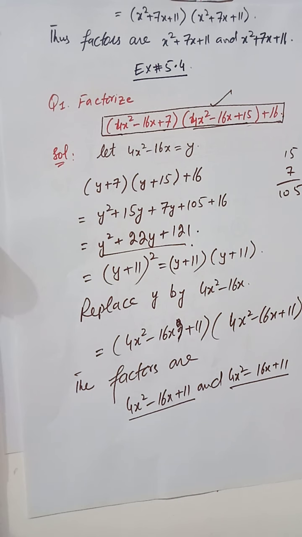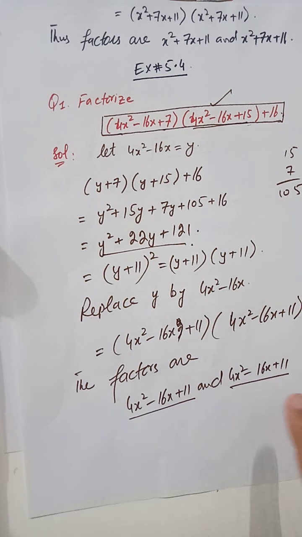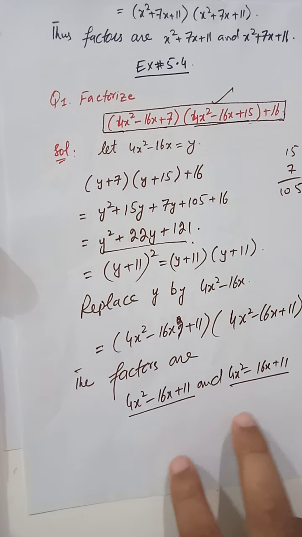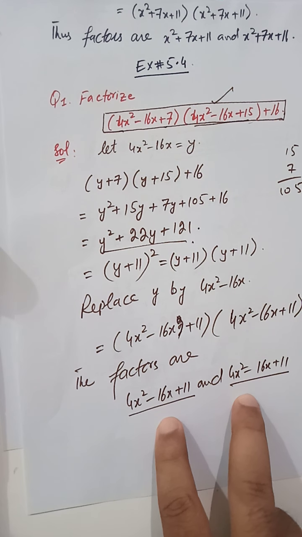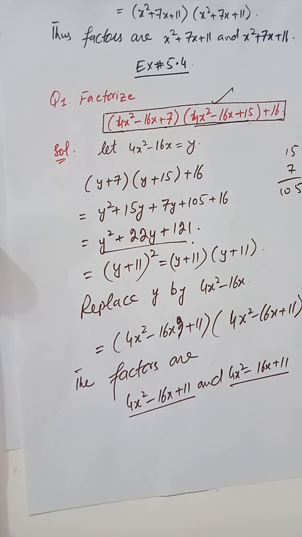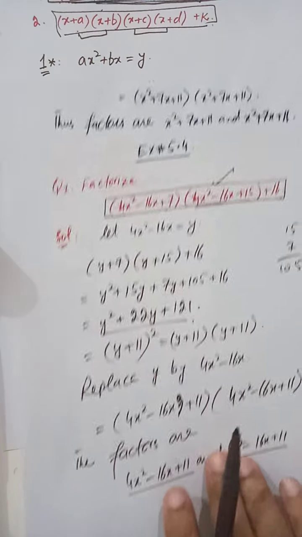Remember that the number of factors is equal to the degree of the given algebraic expression. So here the degree is 4 because this is biquadratic. I explained that. So that's why you will get 4 linear or 2 quadratic factors. Here is 2 polynomial and here is 2 polynomial. So actually these are 4 factors. These 2 quadratic polynomials represent 4 factors. Okay, so this is the type number 1 that we discussed.